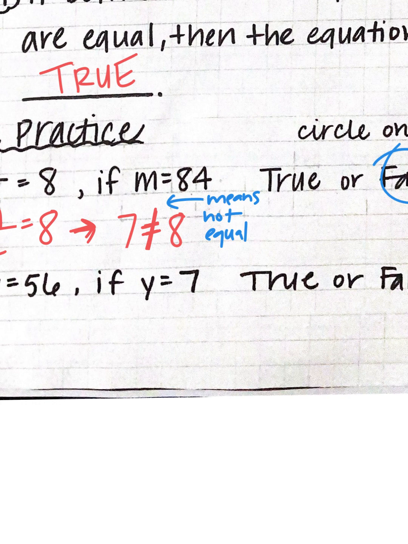Okay, so 8y means what operation? Multiplication. So I'm going to do 8 times 7. I'm plugging in 7 for y. Now I'm going to solve my equation. So 8 times 7 is 56. Does it equal 56? So it is